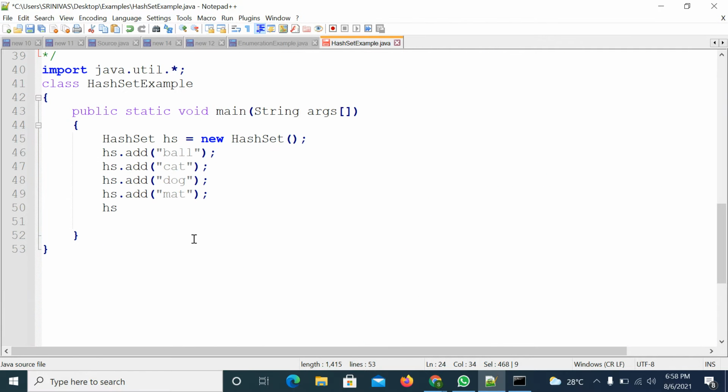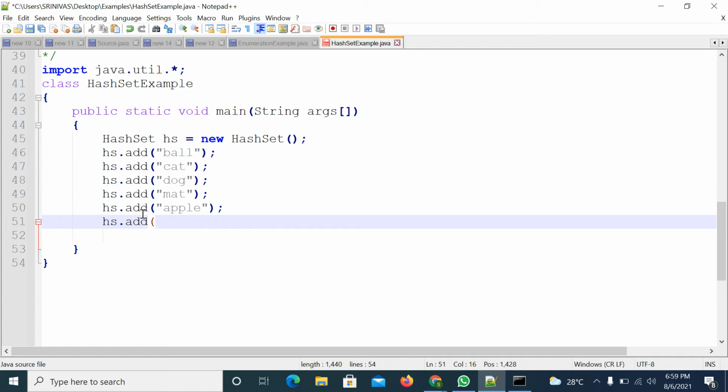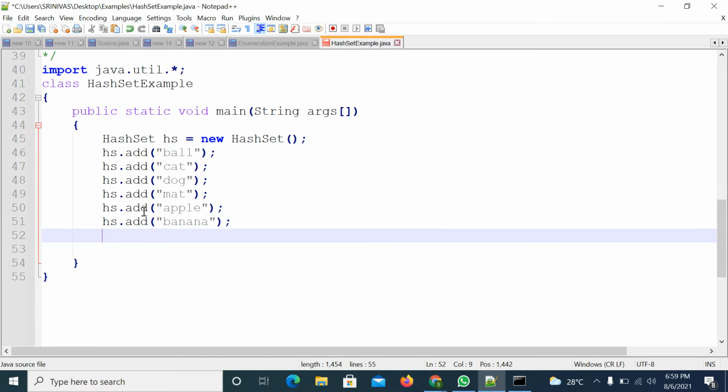So first one, it won't maintain the insertion order. First I will add some elements, right? So I added some elements.